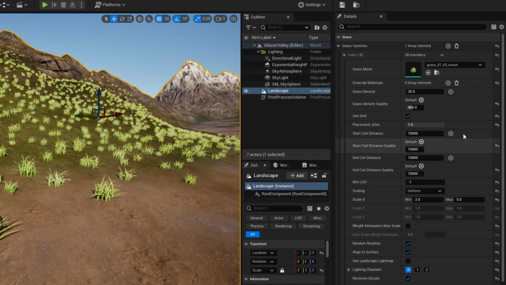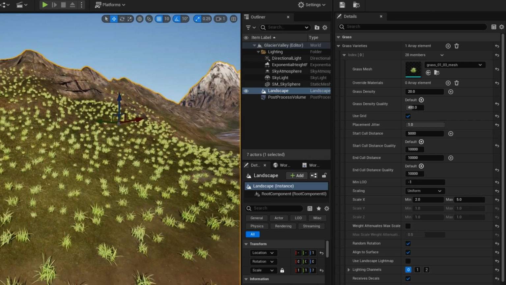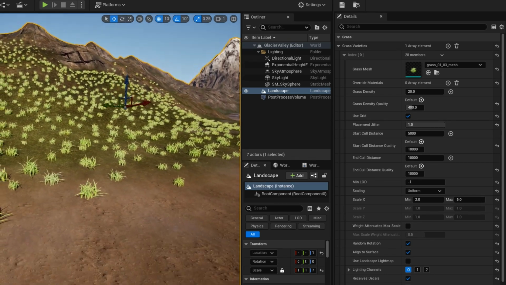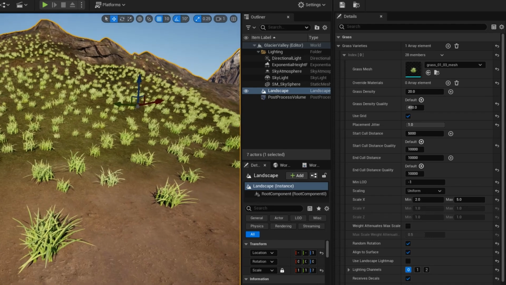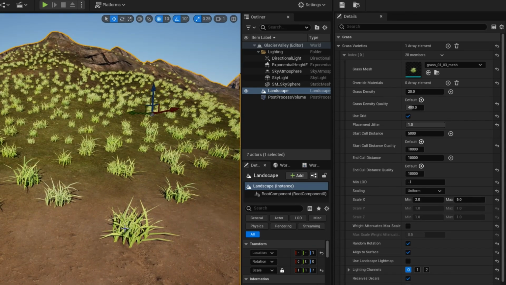What we'll actually do is start culling at 5,000 and end culling at 10,000. And so you should get a bit of a fade out between where it starts culling and where it stops culling. We really need to fix this material color though, but let's do that in a moment.